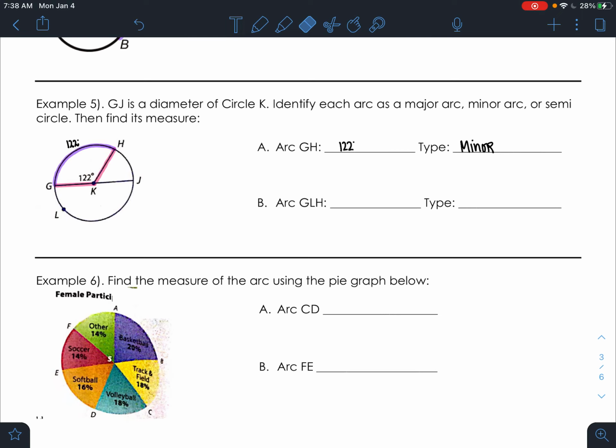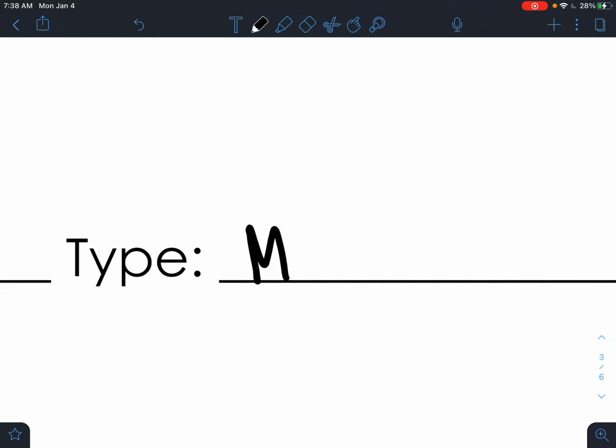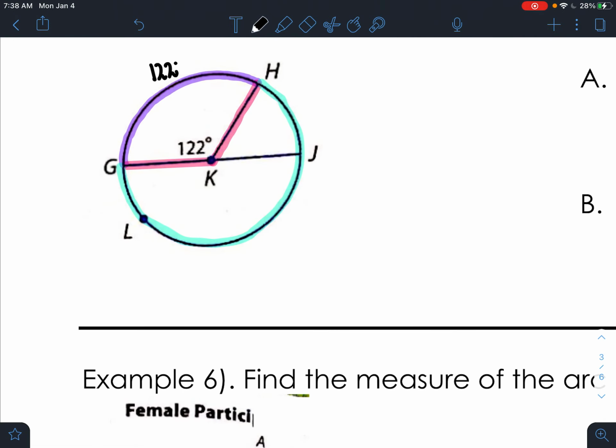All right, now, the next one is we need to look at the measure of arc GLH. So I'm going to go to GL all the way up to H now, all right? So if we look at that green one, we know that that's going to be a major arc because it's going to measure more than 180 degrees. And there's two different ways for us to talk about this question, so I'll talk about both of them. What I could do is find the measure of this central angle right here, which means I would do 180 minus